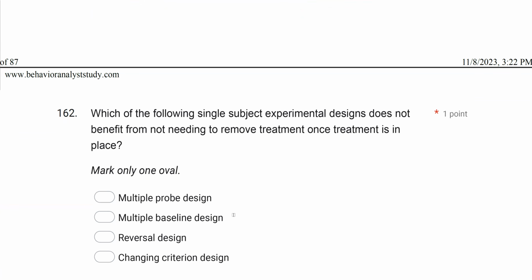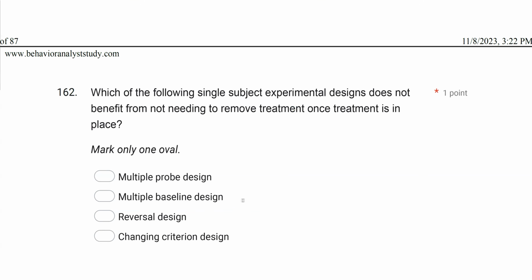And then 162, which of the following single subject experimental designs does not benefit from not needing to remove treatment once treatment is in place? Kind of a strangely worded question, so let's read it carefully. We're looking for the single subject design that does not benefit from not needing to remove treatment once treatment is in place. So worded another way, which of the following single subject experimental designs benefits from not needing to remove treatment once treatment is in place? Meaning, what experimental designs do we use where once treatment's in place, we don't have to